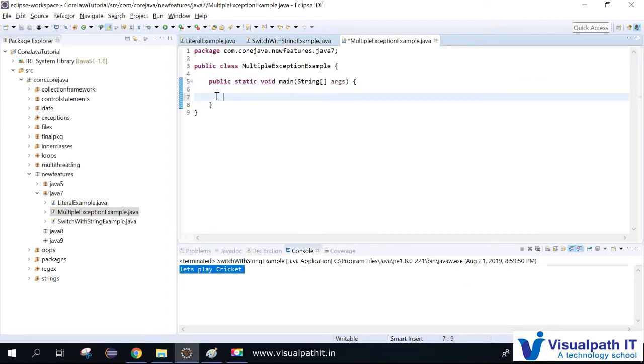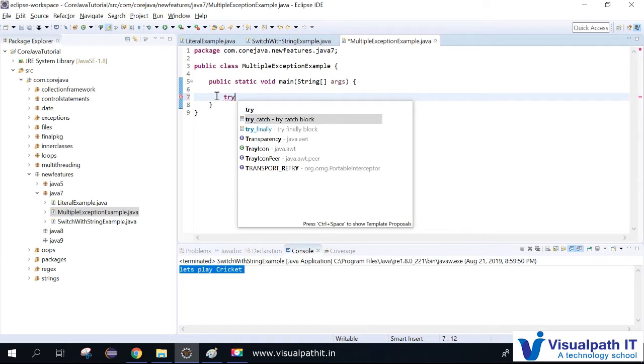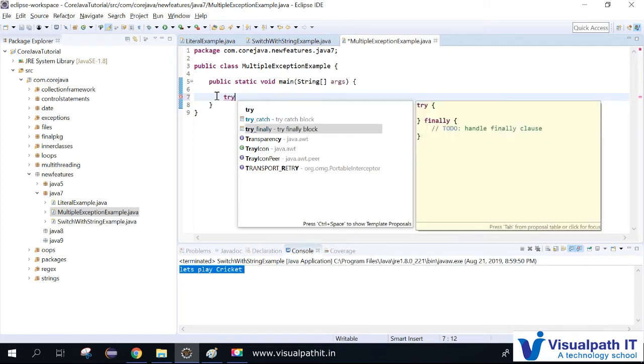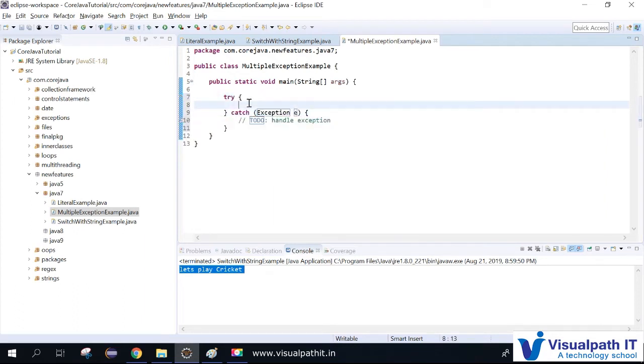The way to write it is try catch, and finally if you want, you can write it. For now, we don't need finally. We just need a try catch. So I'm writing a possible exception case where I'm forcefully creating one exception, so that I can work on the catch blocks. Let us throw an exception using some block of code.